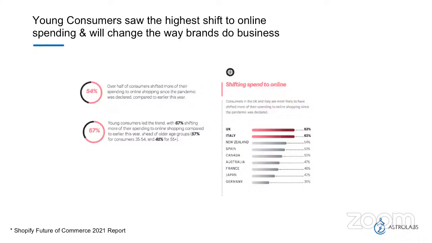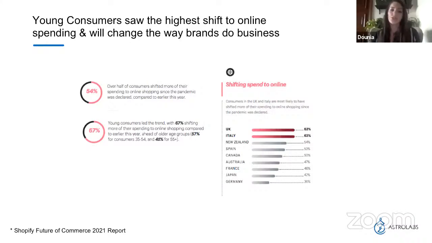Thank you. So the young consumers, they also saw the highest shift to online spending. So 54%, just over half of consumers, shifted more of their spending to online shopping. So not only do brands have to adapt to this new norm, but as we will see in the next slides, social media platforms had to also adapt to this new reality and create better solutions for the youth that are actually spending money